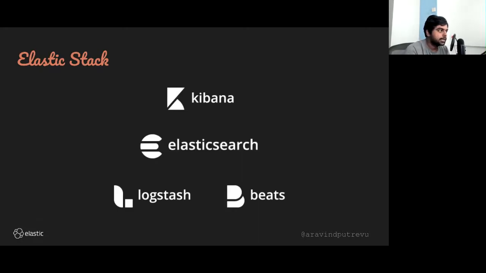So Elastic Stack is nothing but Elasticsearch, Logstash, Kibana. A lot of people might be using this term ELK, which is a popular open source tool for doing logging, etc. Elasticsearch is a search engine, and it's a distributed NoSQL data store, open source at its core. And then you also have Logstash and Beats, which are ingestion modules that will ingest data from various places. Kibana is your visualizer through which you will visualize everything. So this is what is called the Elastic Stack.